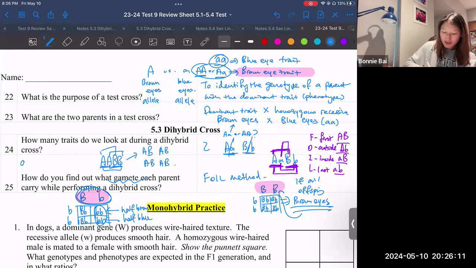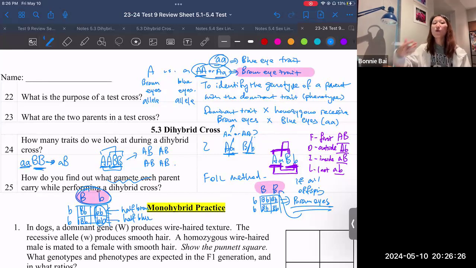Let's try another one. Little a, little a, big B, big B. Just by looking at it, do you know the gamete without foiling? Well, you should, because the gamete is little a, big B. I only have little a, and I only have big B. So that means the only trait I can pass down is little a. Wait, not the trait. The alleles. The only alleles I can pass down are little a and big B together. I wouldn't just pass down little a. If I'm looking at two traits, I'm looking at two letters, two different letters. If you write little a and little a,